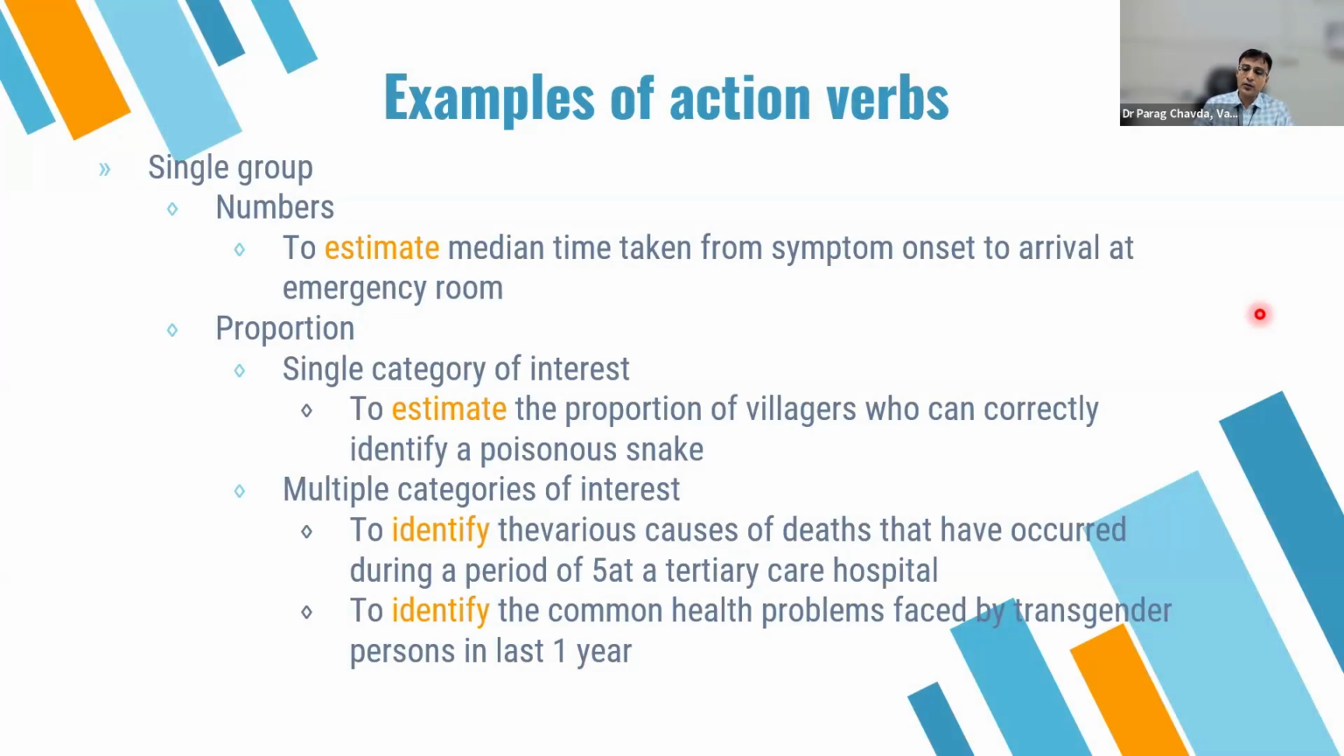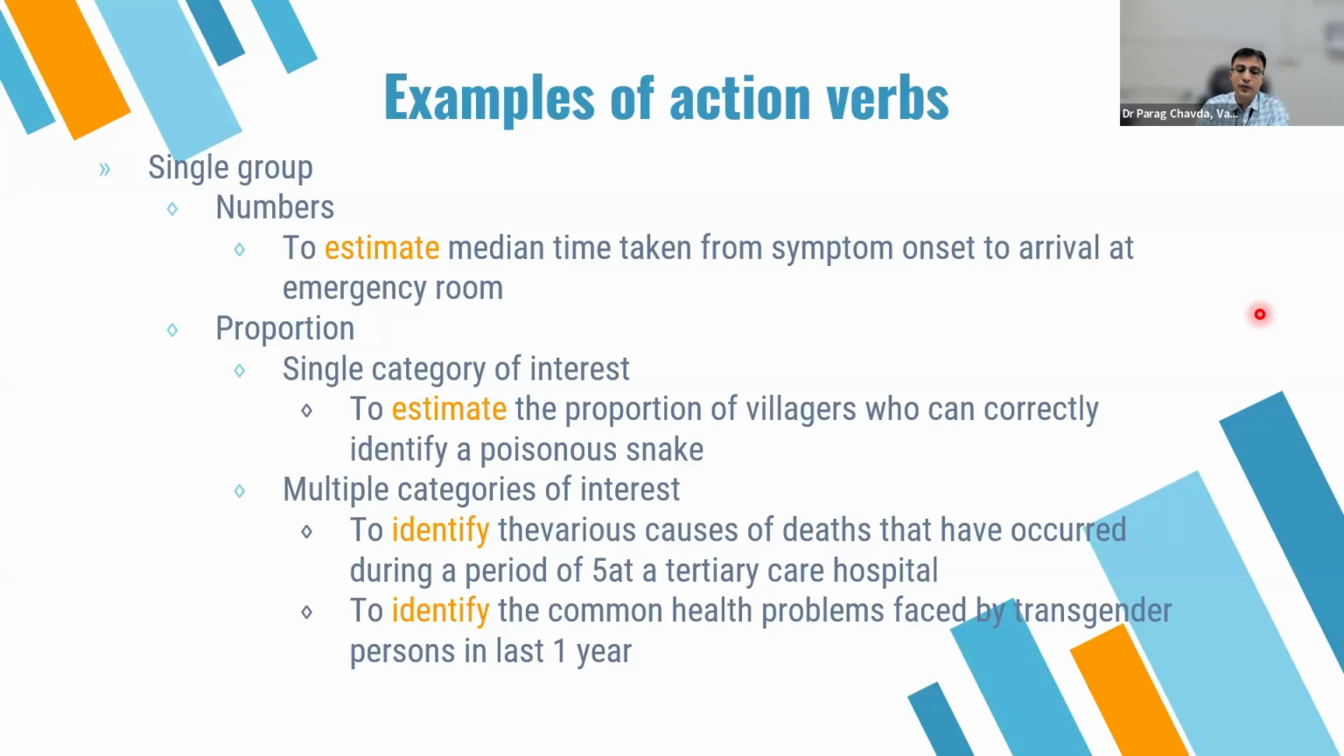So in scientific research, usually certain kinds of action verbs are preferred, right? And certain kinds of action words are usually not preferred. The action verbs which are a little vague are not preferred. So in this slide and the next slide, we are taking some examples to understand what action verbs are recommended. So imagine that you are doing your study among a single group of study participants. You are not dealing with more than one group, right? So if your study variable is to be measured in numbers,